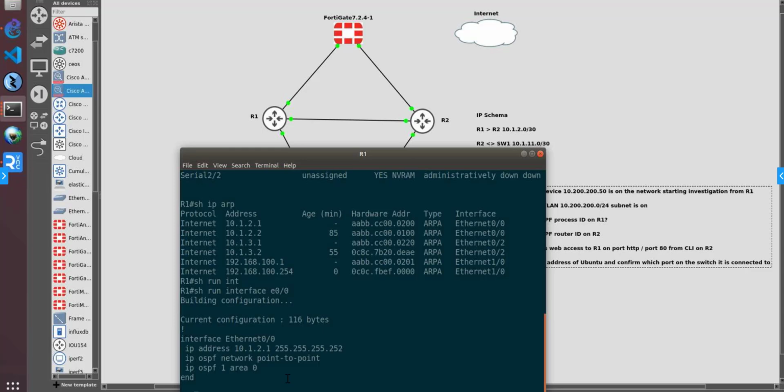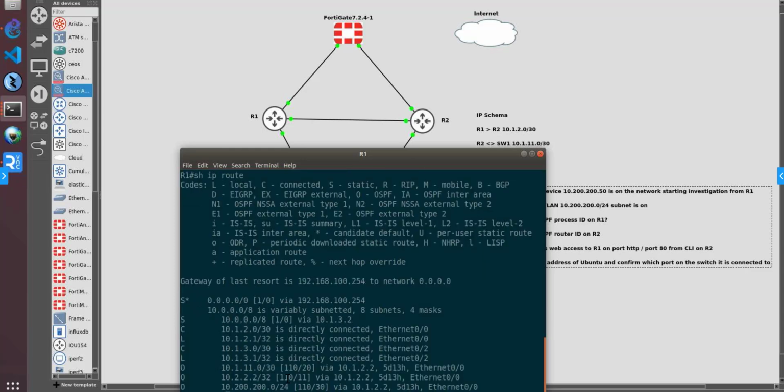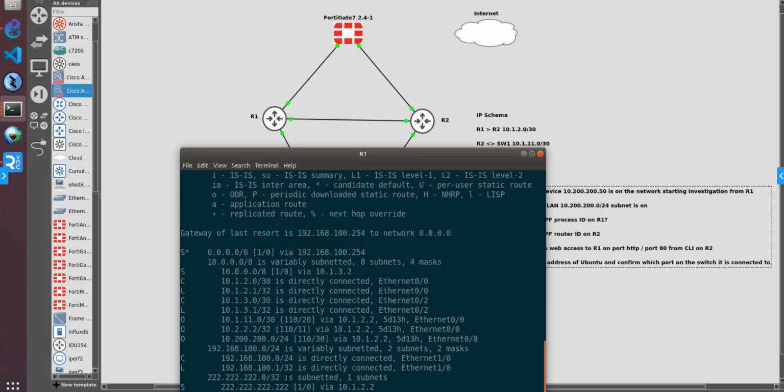going through that process quite quickly, even though it's taken 5 or 6 minutes because I'm talking through it. We've determined that we're probably going to be learning this route from OSPF, right? So if I now do a show IP route, actually, if I do a show IP route to